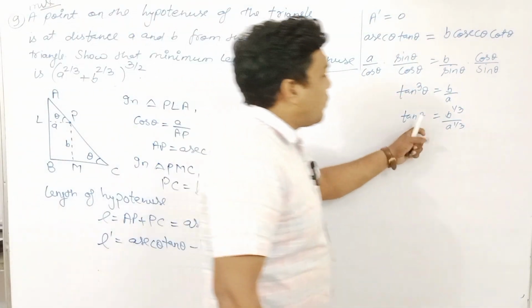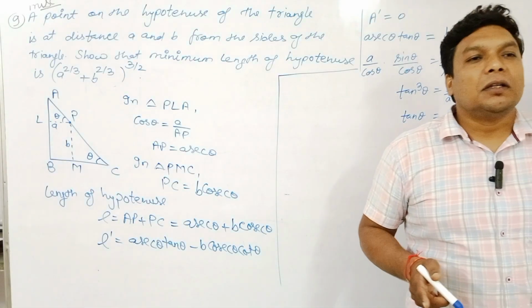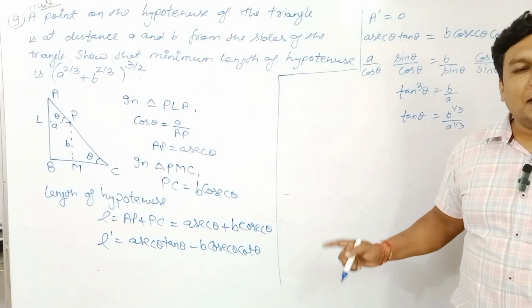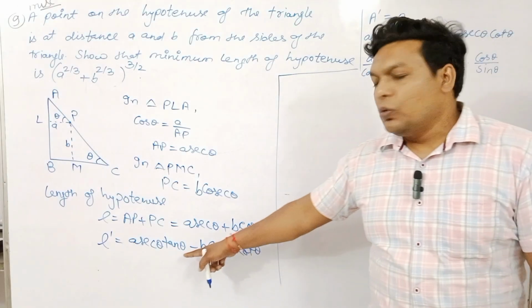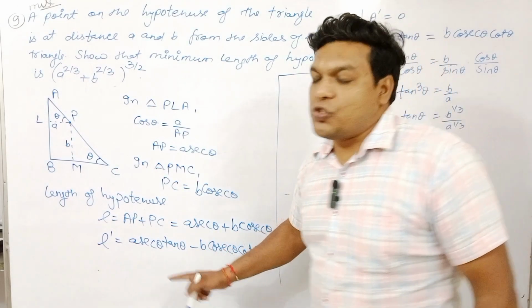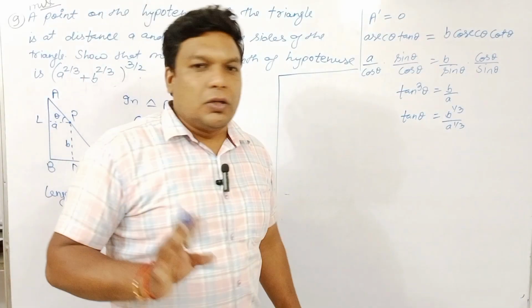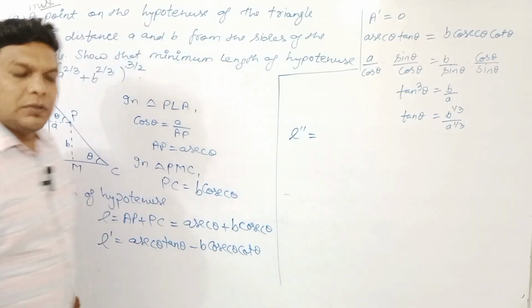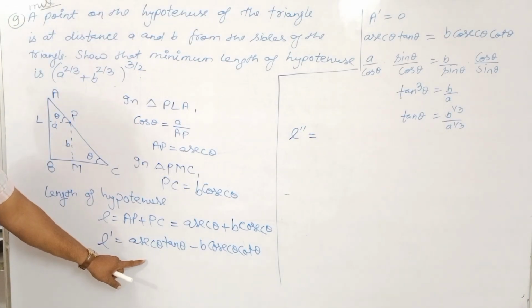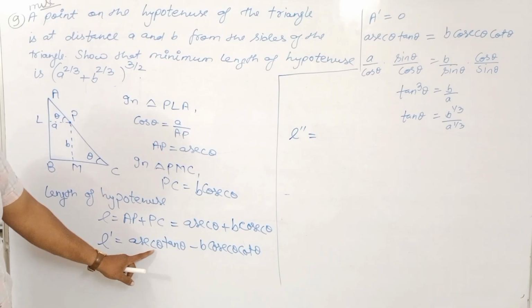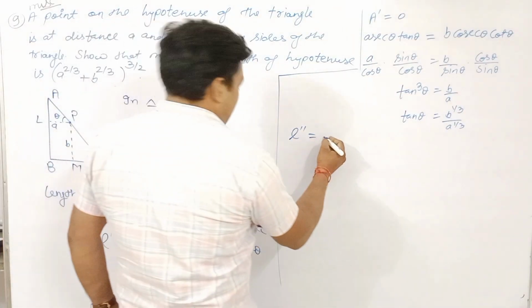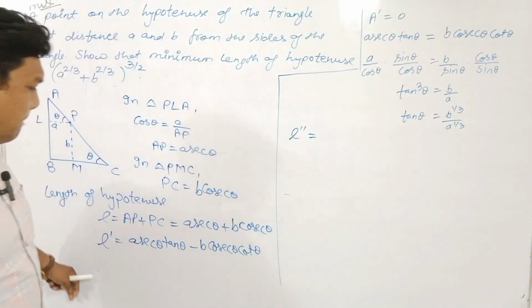Now we have tan theta. Again, we have found the value of theta, but we have to minimize the length, and to minimize the length we need to find L double dash. Again, you have to have patience. So we'll find L double dash. This will feel a little complicated to you, okay? So when we find L double dash, what will it be? a sec theta, b tan theta. Can this be made a little easier?